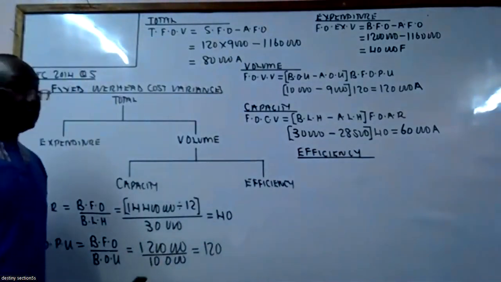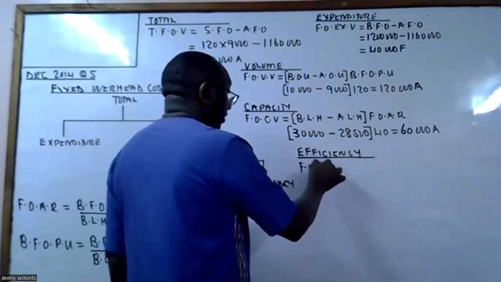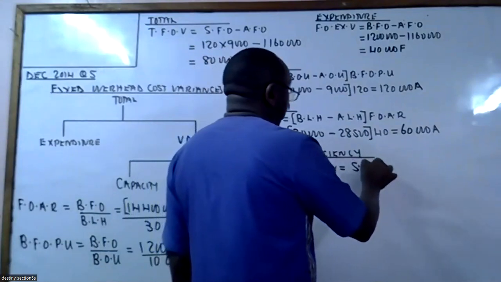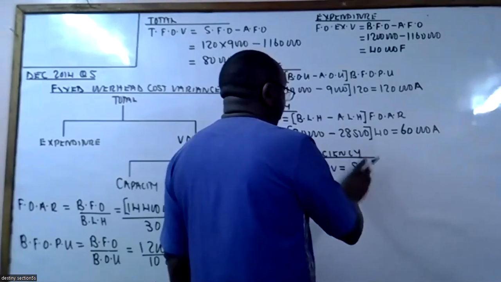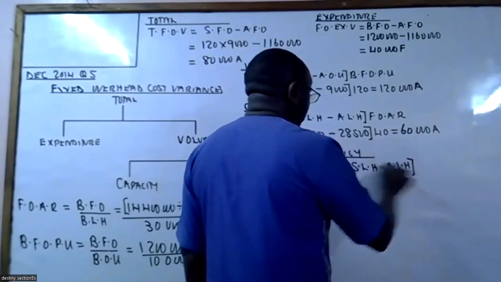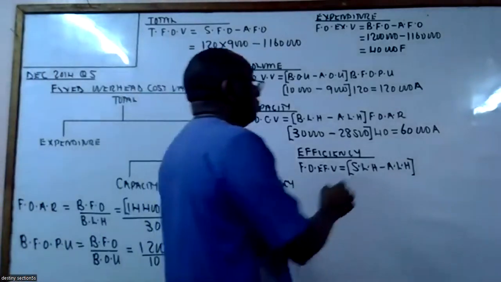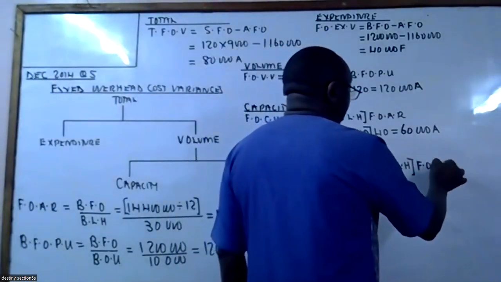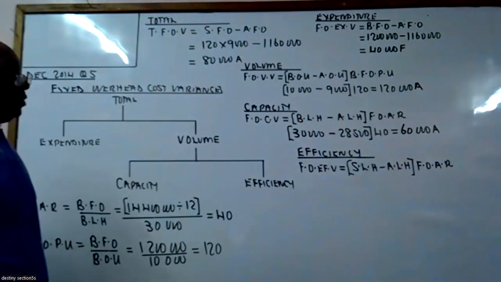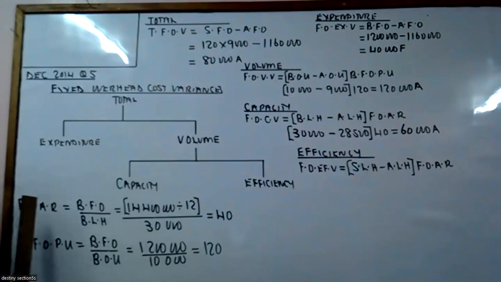Efficiency, I hope you have understood that. On the efficiency, fixed overheads efficiency variance is given as standard labor hours minus actual labor hours, you multiply by fixed overhead absorption rates. Now, in this case,